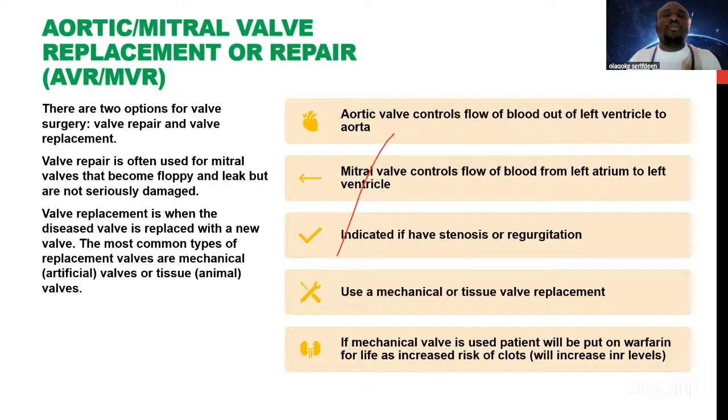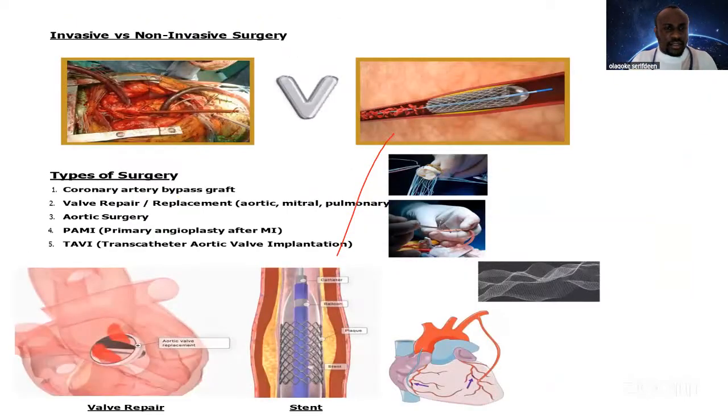So we have said for somebody to have a repair and for somebody to have a replacement. Of course, for somebody to have a replacement, that should be a very, very bad pathology. But for repair, somebody can also have a repair. For instance, there is another procedure we call TAVI. TAVI is transcatheter aortic valve implantation. Let's say in your patient's aortic valve now,